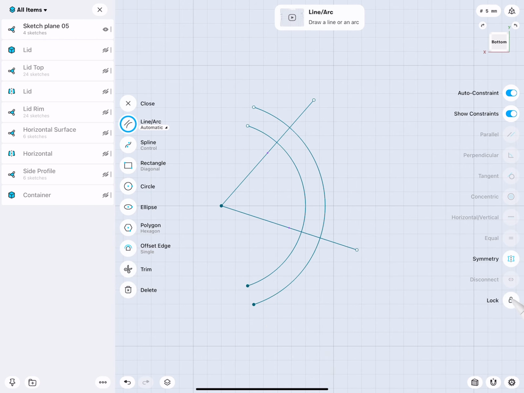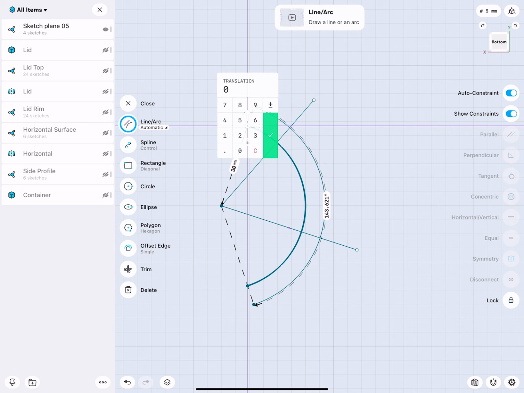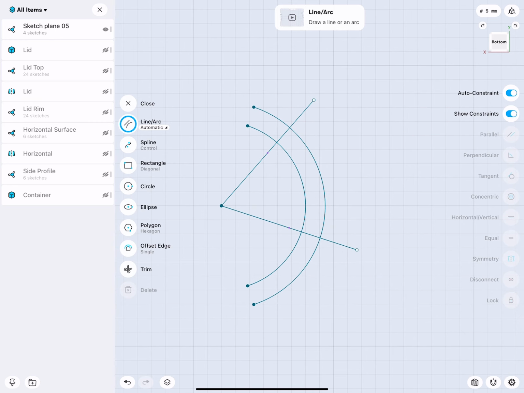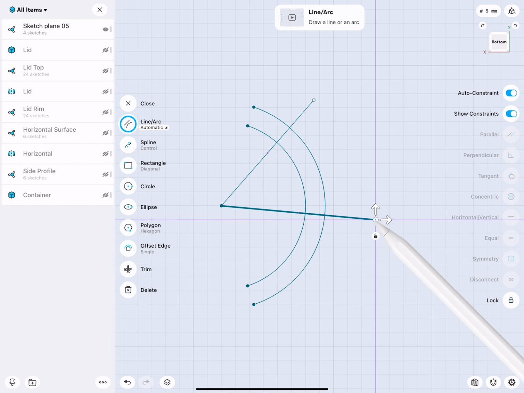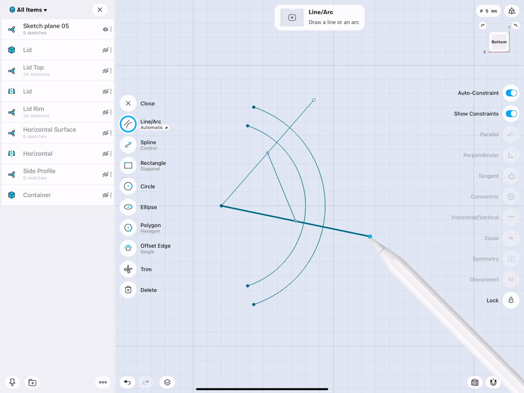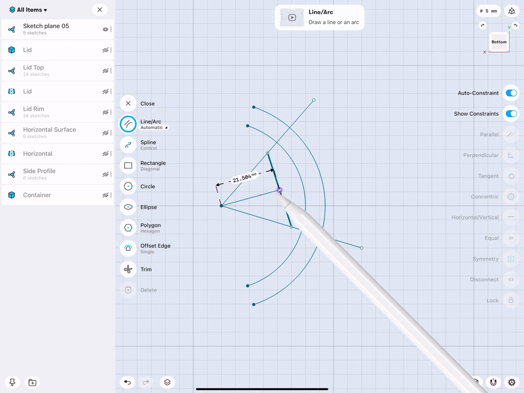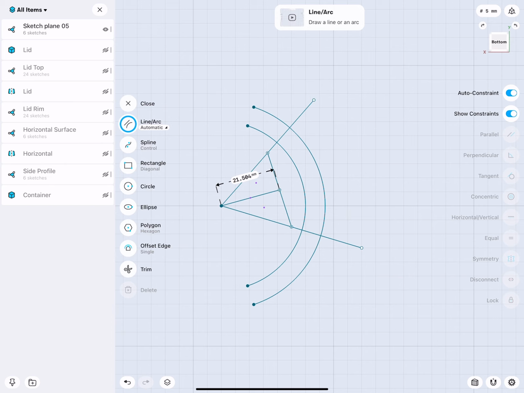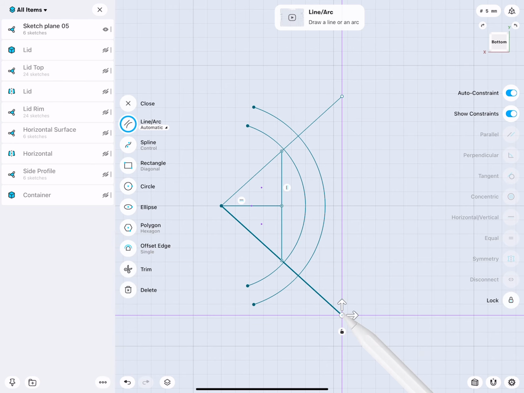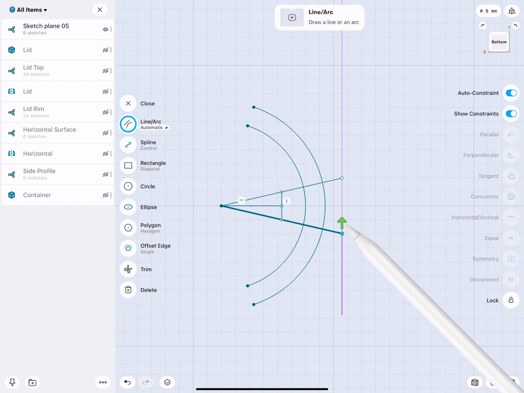First, these points here I will select and lock so they don't move. There we are, very good. This I will move to here on purpose, and then from the midpoint to the midpoint I draw a line. And you see how I have now a line there, and then from this I draw a line to this midpoint. Now the trick is this line we set horizontal, and then this line we set vertical.